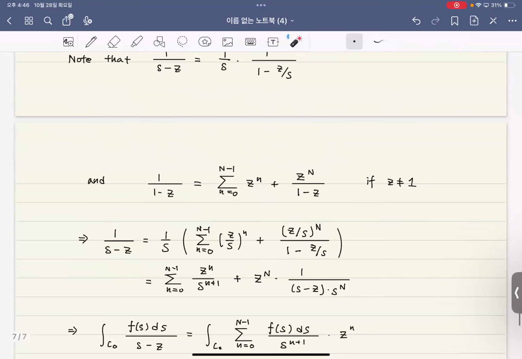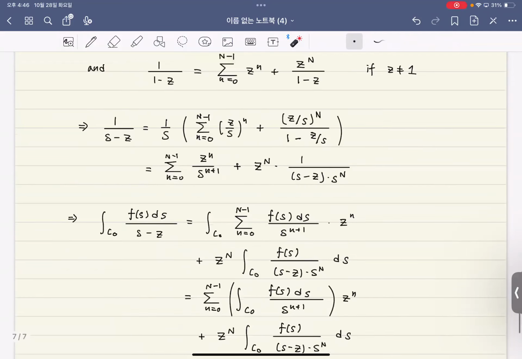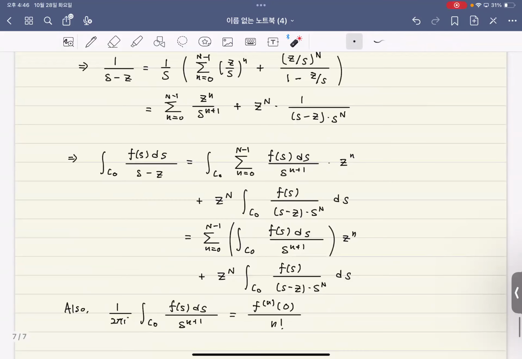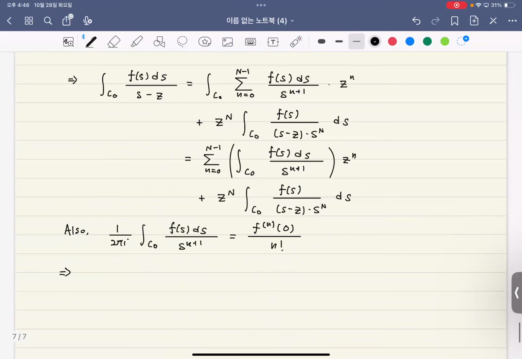I somehow messed up my notation because I forgot to bring this fraction over here. But if I multiply this fraction 1 over 2 pi i into each of these, then this is just f(z), and the next summation is from 0 to n minus 1 of f^(n)(0) over n factorial times z^n, plus